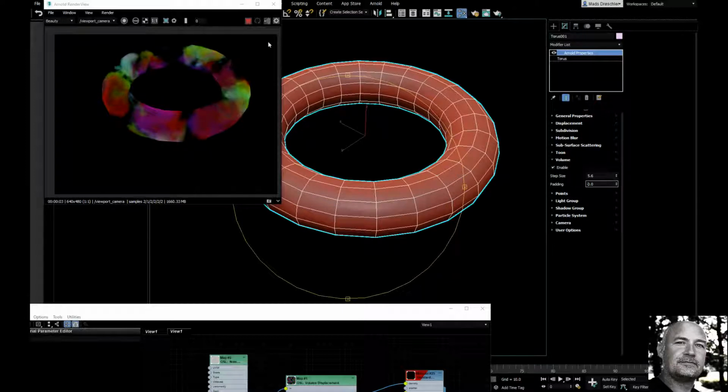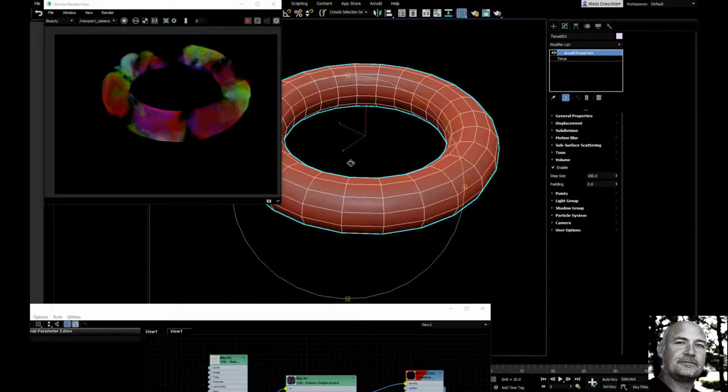normally I'm going to stop this one. Normally you get a scenario like this. Actually, it's like this. What you want to do is, of course, enable it, and you want to crank up the step size for debugging. This goes to 100. The padding is also going to 100. So 100 step size is maximum speed, but you will lose